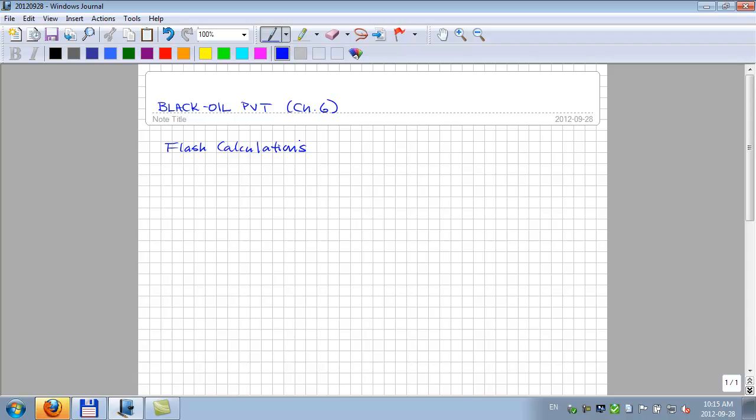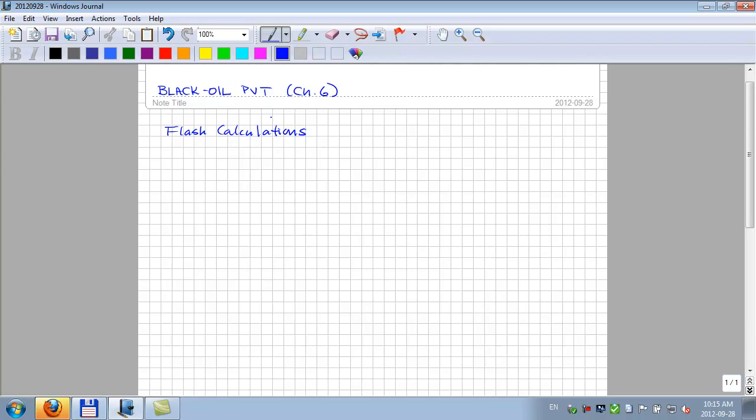There will be a problem posted on doing these flash calculations this weekend. And in connection with that, one of the main applications is a multi-stage separator test, whose main purpose is to generate from a producing well stream, if you will, with composition ZWI. The W is for well stream coming out of a well, and to see what that well stream will create in terms of sellable products in dollars per barrel and dollars per 1,000 standard cubic feet, or whatever units you want to use. So sellable